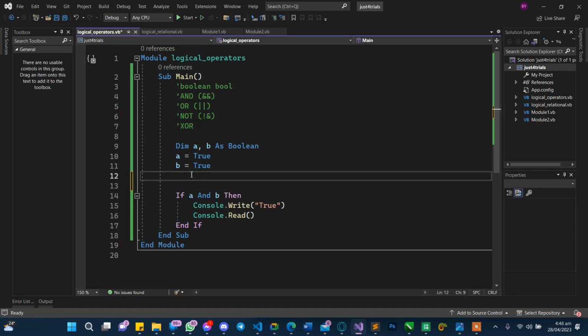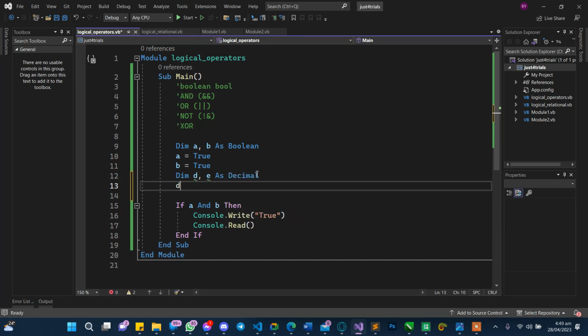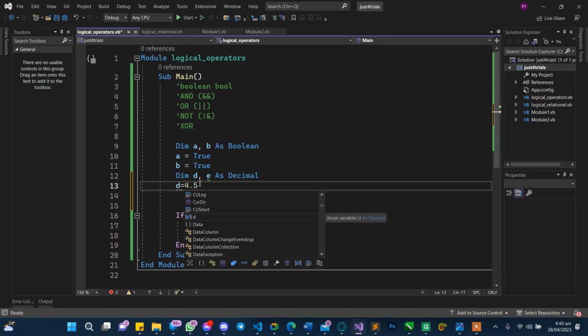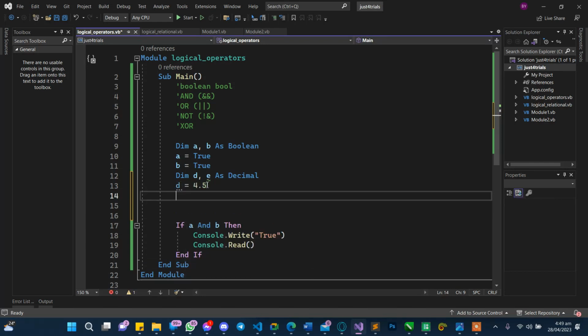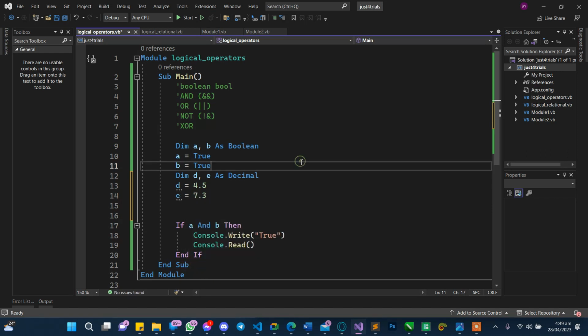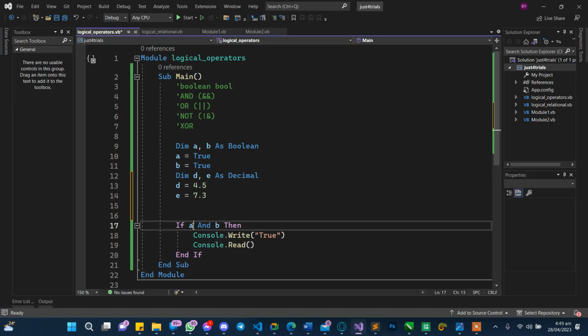Let's do something like dim, then probably E as decimal. So D equals 4.5. Oh, sorry, minus D equals 4.5, and then E equals 7.3, something like that. Okay, so we can do something like